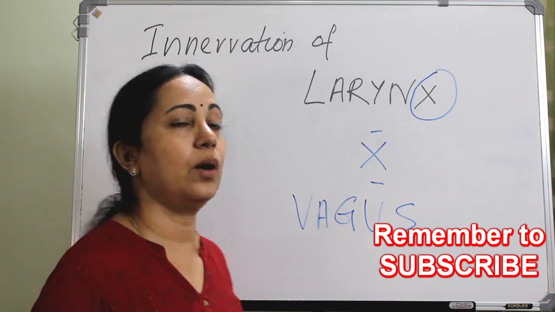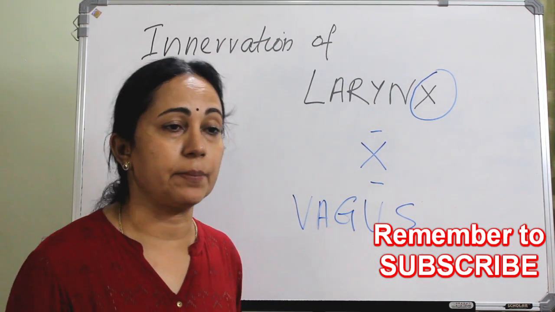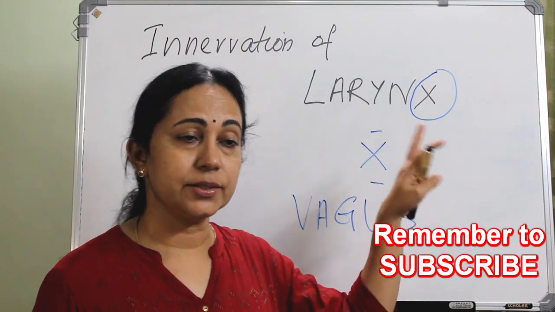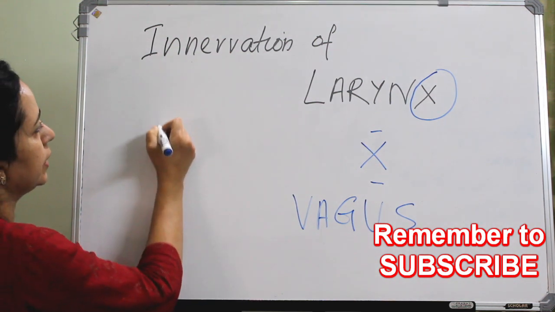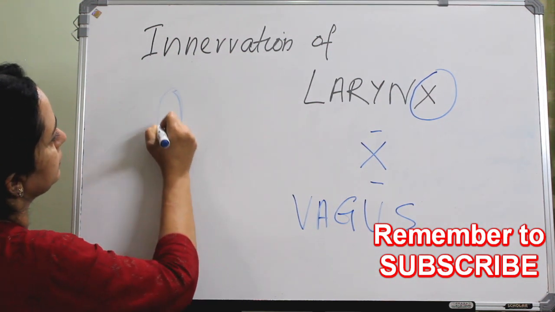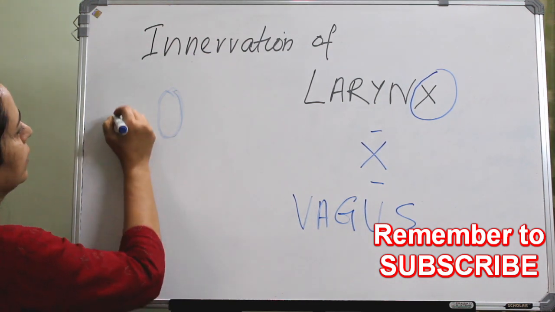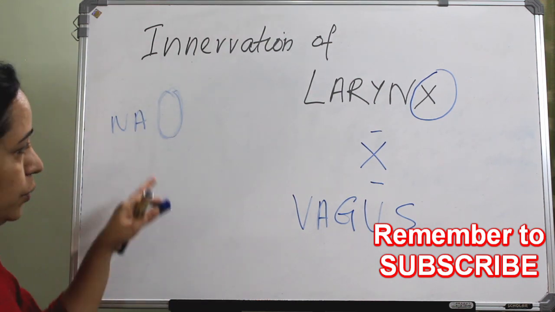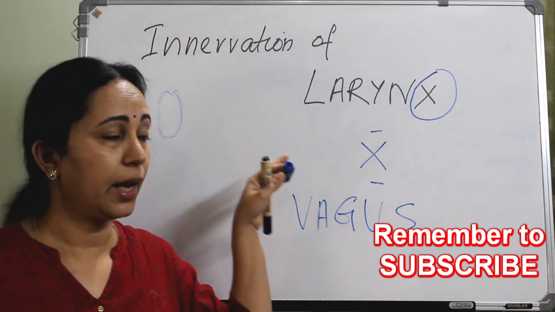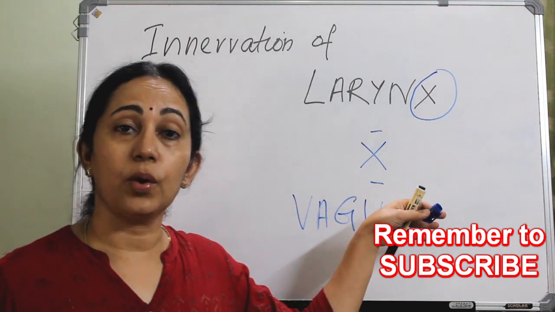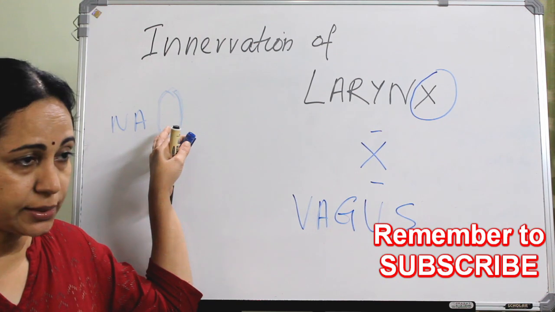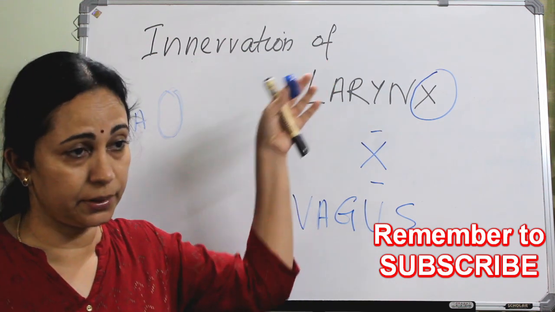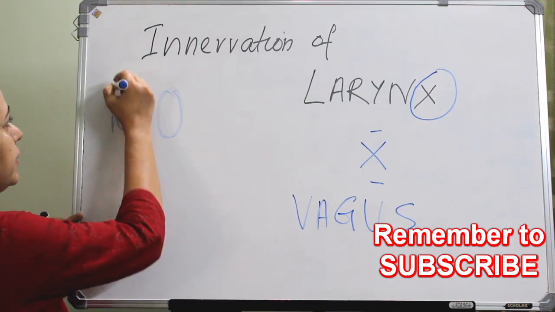Okay. Now, how does this vagus nerve supply larynx? So the fiber supplying this area is constituted in nucleus ambiguus, and this is in midbrain. So the nucleus ambiguus is situated in midbrain, and the fiber supplying the area of larynx is coming from nucleus ambiguus, and the fibers supplying higher areas are situated higher up in the brain. Okay, so nucleus ambiguus is in midbrain,